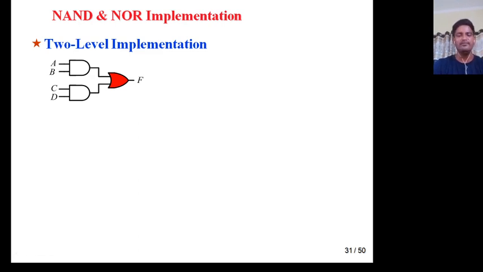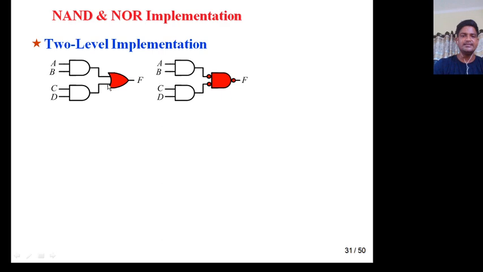So how will you implement it by using simply NAND gates? Now again you have to apply the same method which you applied earlier. Now replace this OR gate by a bubbled NAND gate, or just change the symbol. The dual of the OR gate is the AND gate, and apply bubbles at inputs as well as at the output. So this is your bubbled NAND gate. Now you have replaced this by this.